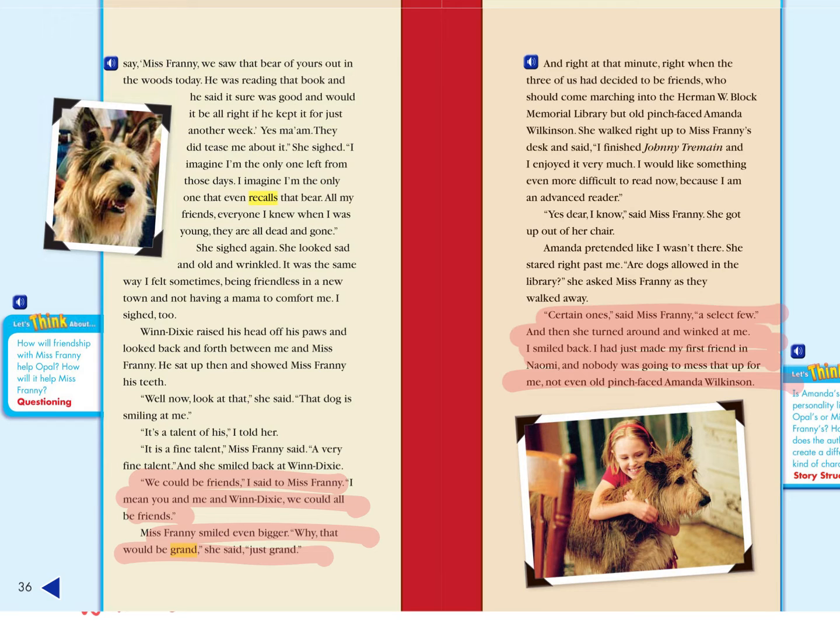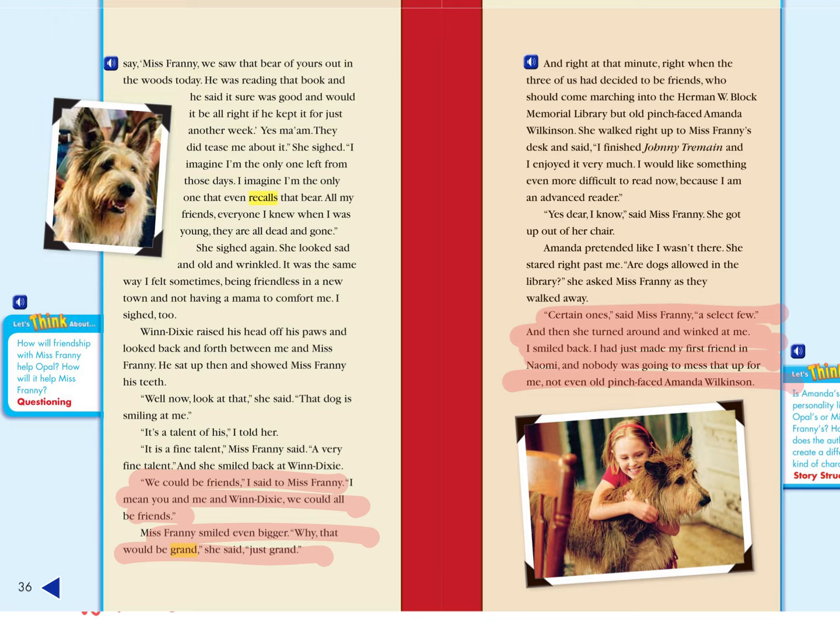Since Opal says nobody's going to mess this up, that's the author's way of giving me the clue. They're going to stay friends no matter what they face, even mean-faced Amanda Wilkinson. So now I think I know how I can prove my idea on my Foursquare